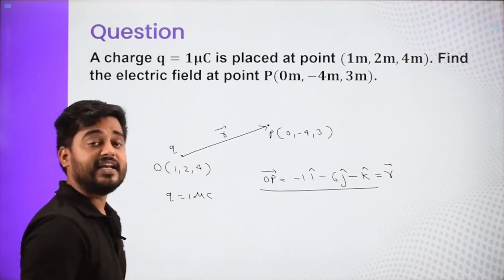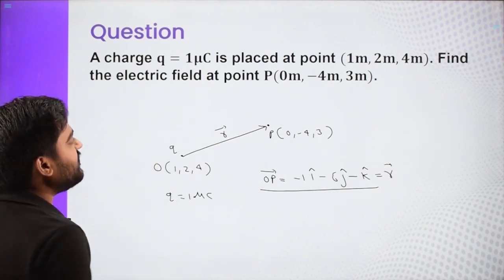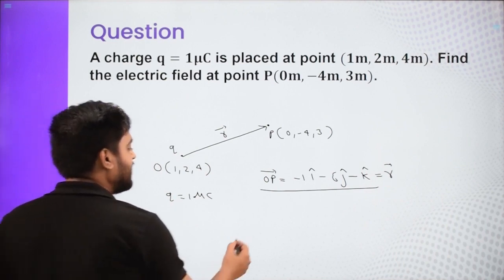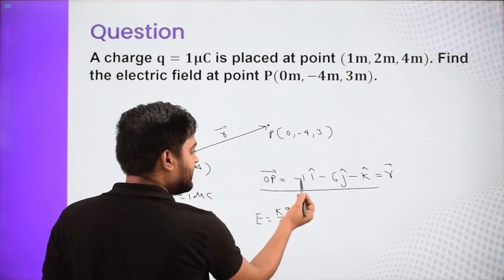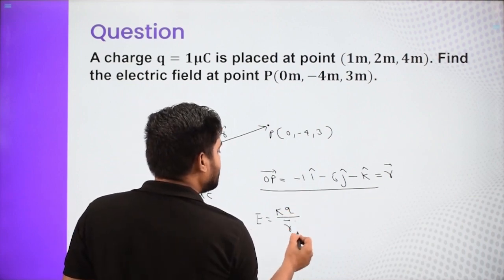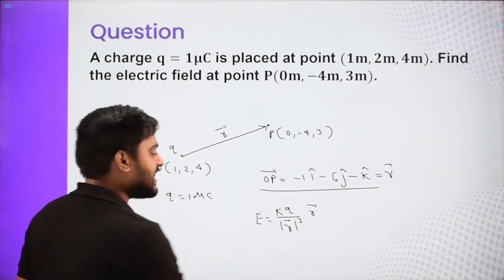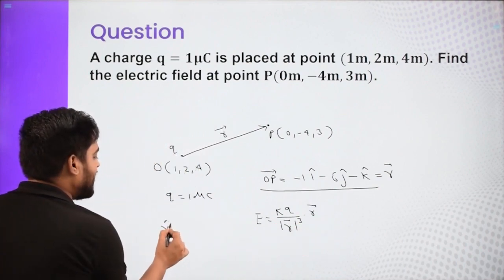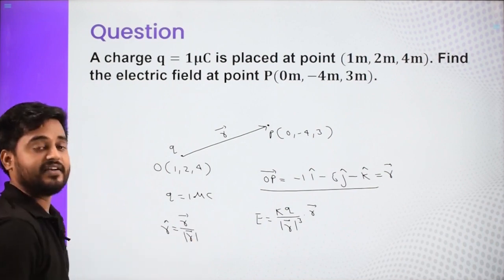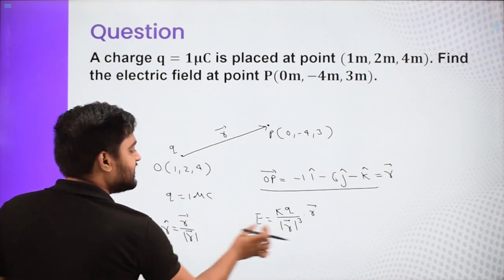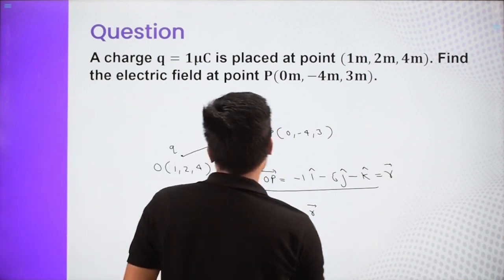I need two things. I need its magnitude, I need its unit vector. So rather than finding unit vector, I am going to apply this formula. E equals to KQ by R vector, this is my R vector, magnitude of that cube times R vector. So there was a square and this was R cap. So I wrote R cap as R vector divided by magnitude of R vector. This is coming from vector. So this made it cube and this is over here. So we need its magnitude also. So let us find that separately.